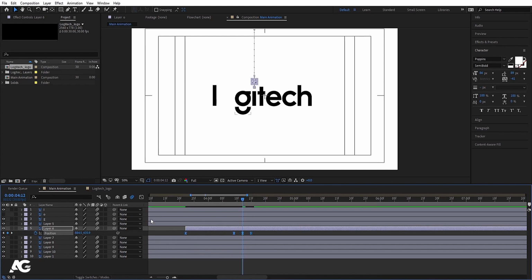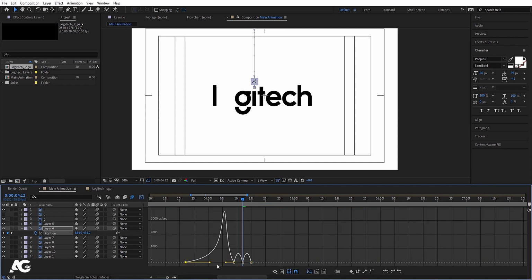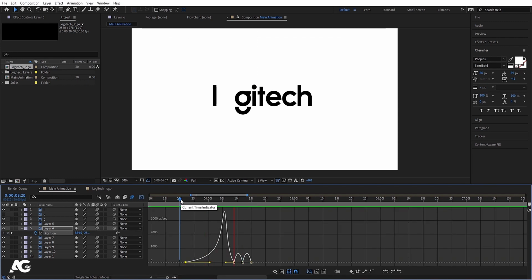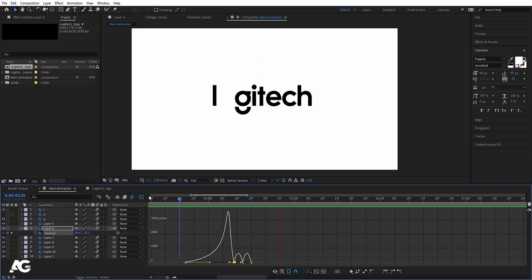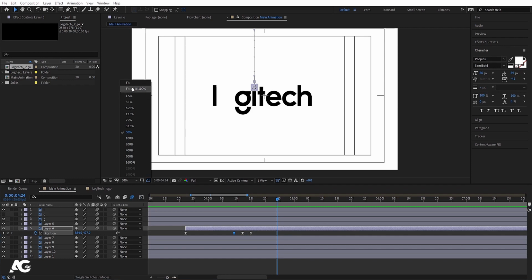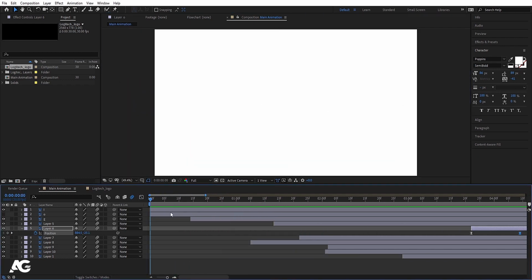Select those keyframes and hit F9, go to the graph editor, select this graph, holding shift, move this one handle over here and move this handle over here like this. Let's make this fit. Okay, so we have this,